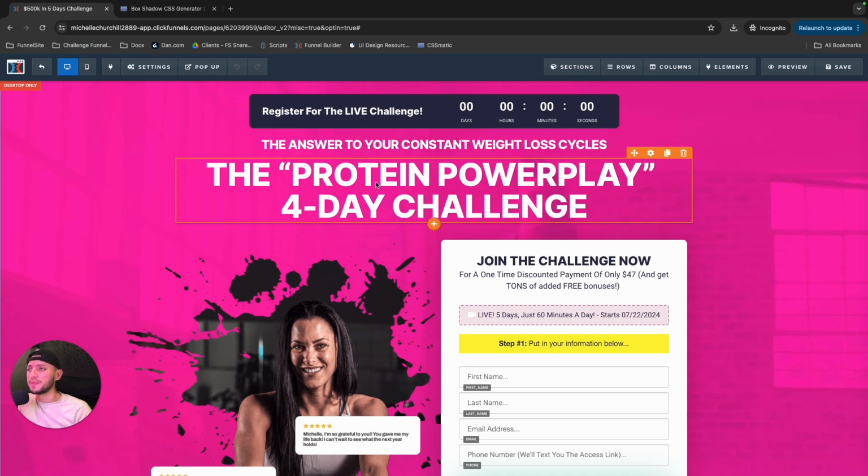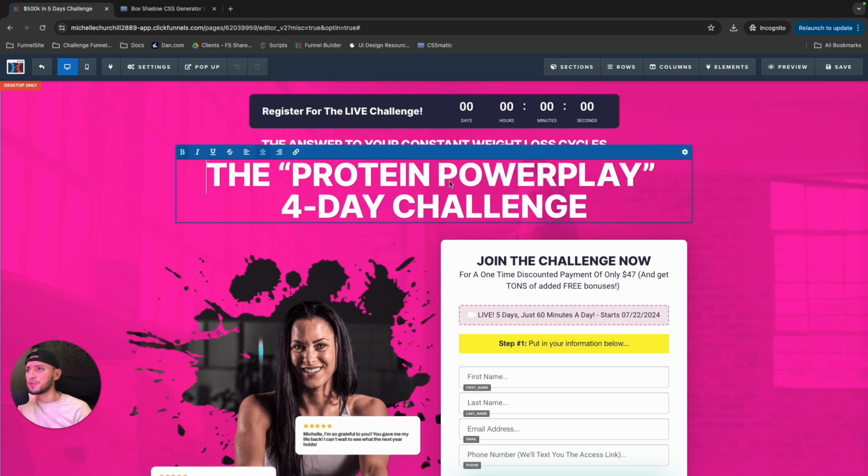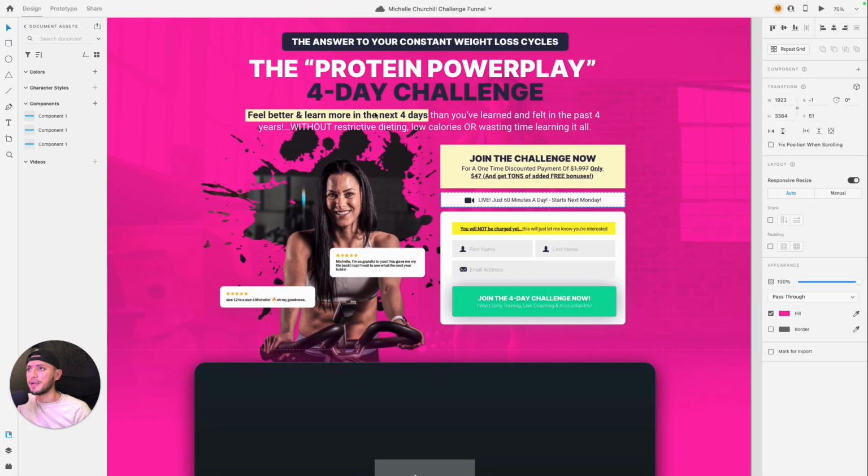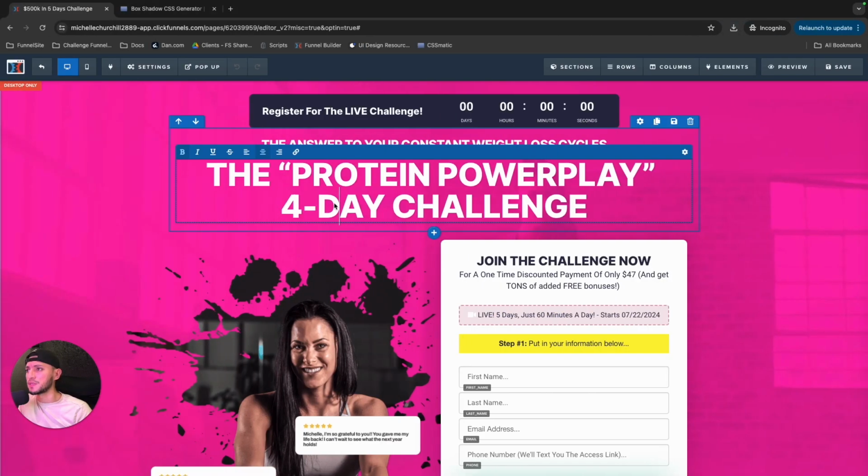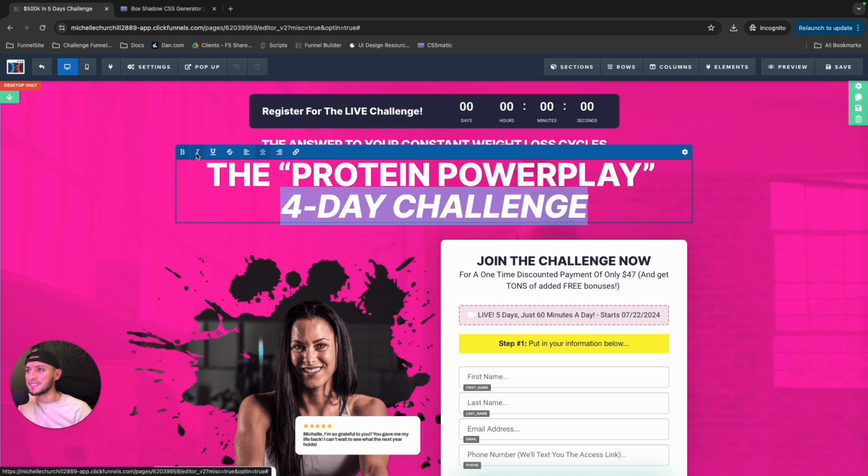So what we're going to do from here is click into this. There's something I want to show you really quick because according to my design, I want it to be a dual headline, a 4-day challenge. So for 4-day challenge, we're going to change it to this darker purple, and I'm going to italicize it here. Now I want you to note something. I already have the CSS code in place and I've already italicized it, but it's not working. And that's because